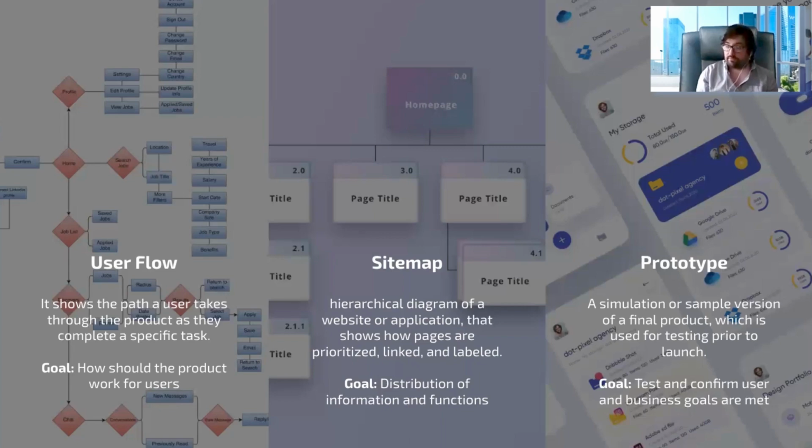And finally, a prototype is basically a simulation or sample version of a product which is used for testing prior to launch. It's used for testing on all levels, right? It's used for testing with users, for testing with clients in order to validate. It's used to provide reference to developers, provide reference for QA testers in order to understand, test, and confirm things work in a certain way, right? And it's basically to confirm as a final gate on the design process, to test and confirm user and business